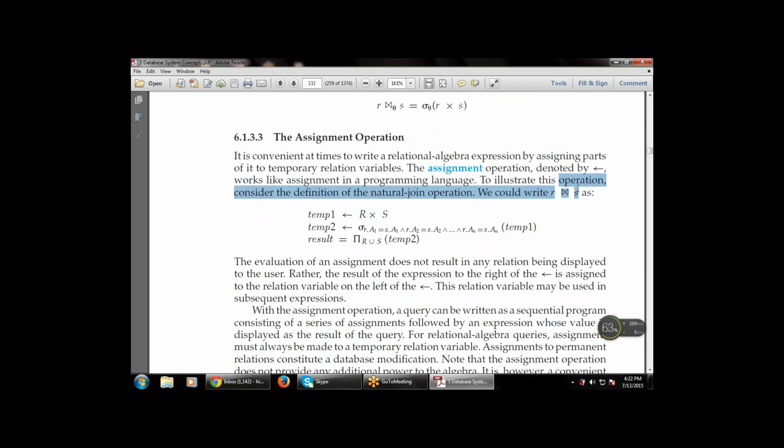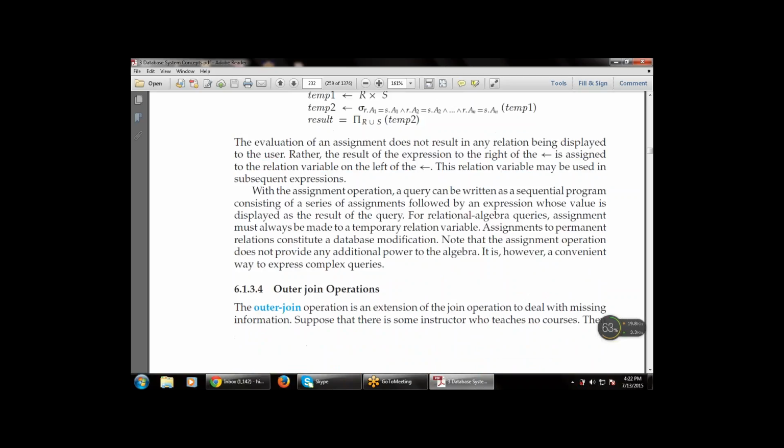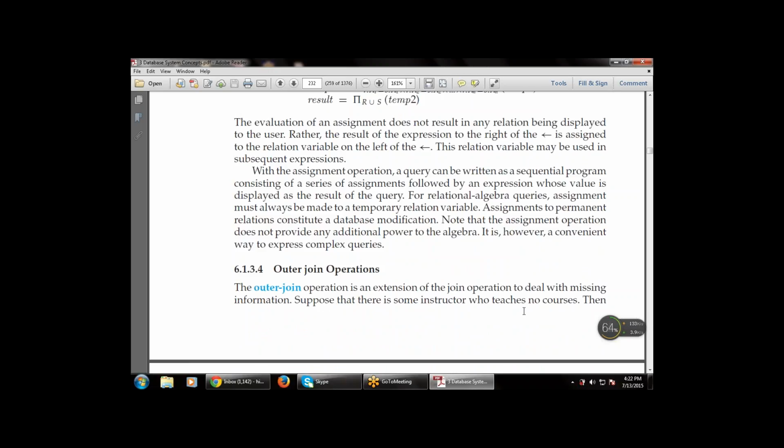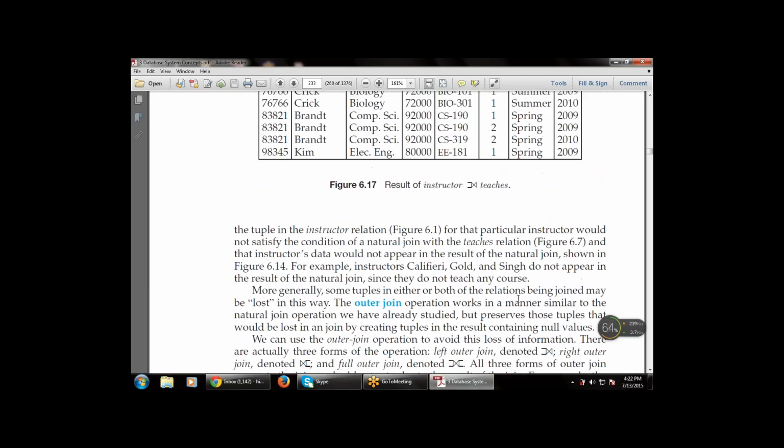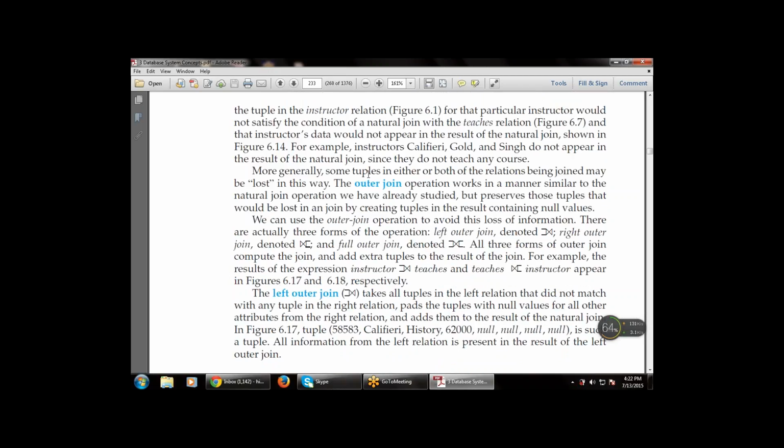So for the natural join we use this operator. Then the outer join operation is an extension of the join operation to deal with missing information. Suppose there is some instructor who teaches no course, then the tuple in the instructor relation for that particular instructor would not satisfy the condition of a natural join with the teacher's relation, because there is no tuple available that teaches physics, so that condition will not be satisfied. So then we use the outer join, which is very similar to